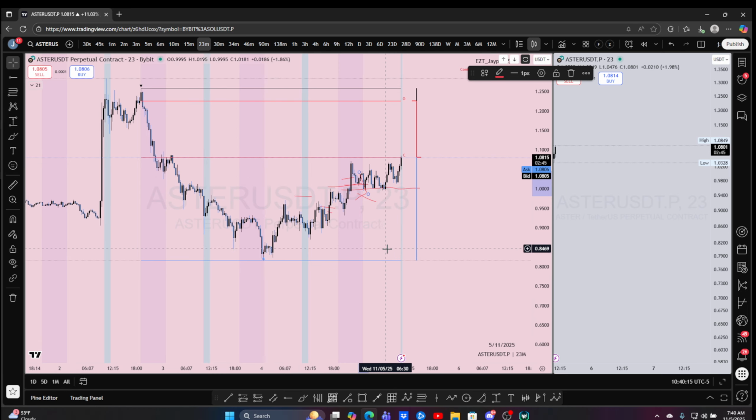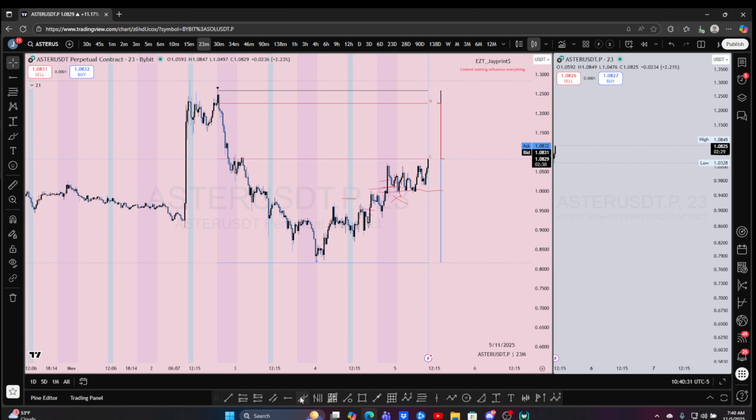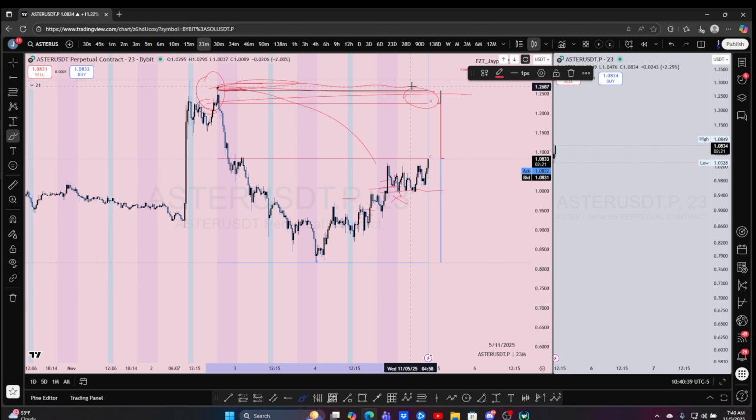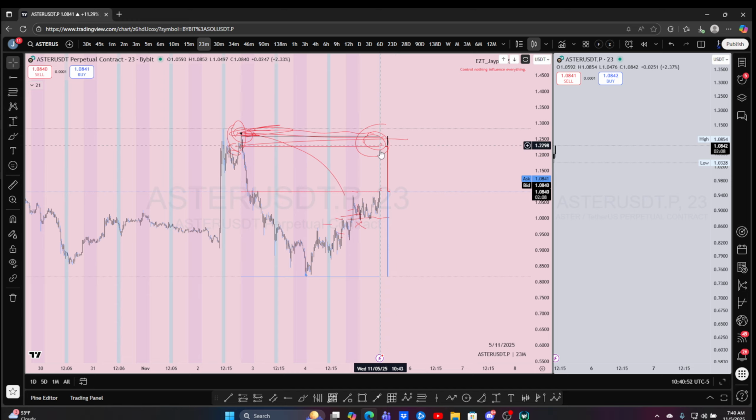You don't have to sit here and guess. Is it holding here? Is it not holding here? As long as we're not fair valuing physically, gapping below this last fair value, it's already telling me that we're going to continue to take out the highs. And again, we have that draw, Monday range high plus the weekly open and the first 6 high, right? Which is that Monday range high. So for me, there's a clear target to be taken if we are continuously fair valuing higher. So now, what would I look for when we come up to these levels?